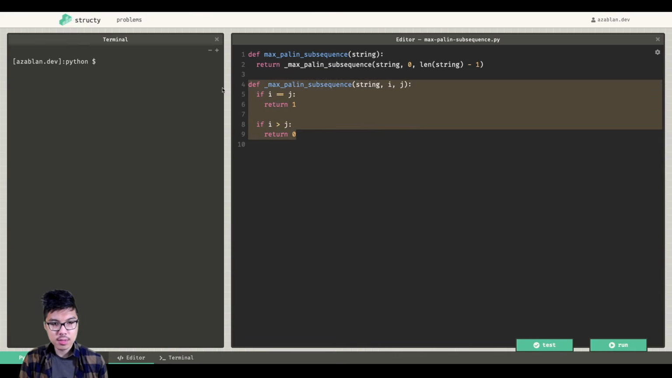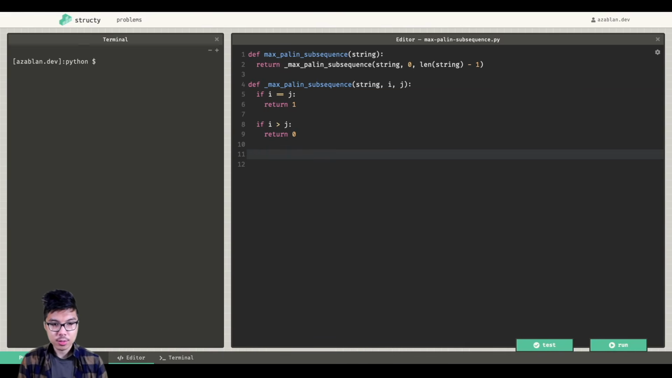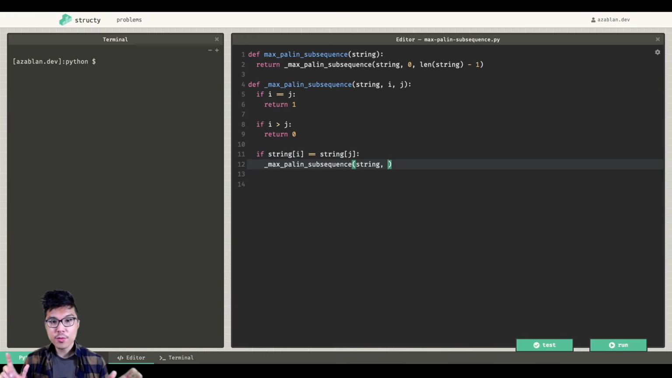And you will need both of these base cases, but now I can write my recursive case. And so what I'll do here is go ahead and check if I have two matching characters, and I want to check them at opposite ends. Since I know i is the beginning of my substring, right, and j is the end, what I want to do is check if string at i is equal to string at j. Nice. And what we'll do is just do a recursive call, so max palin subsequence, do a recursive call,